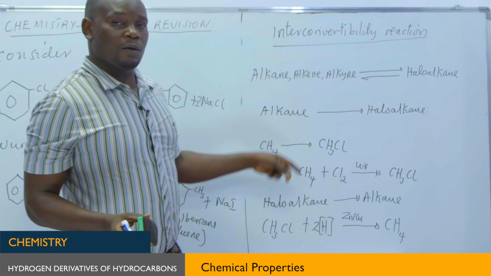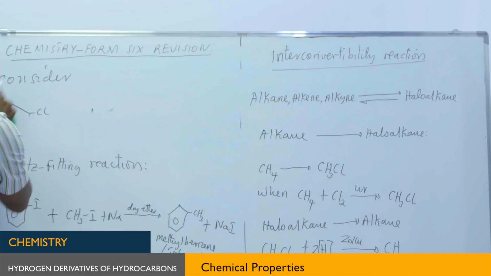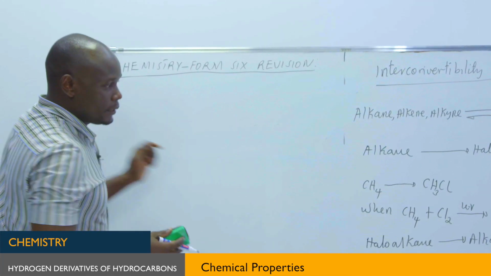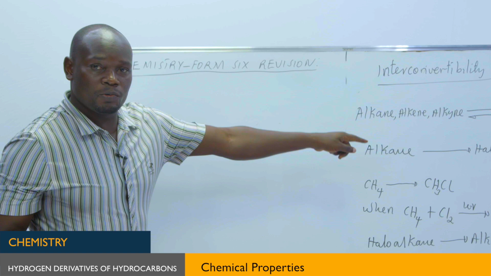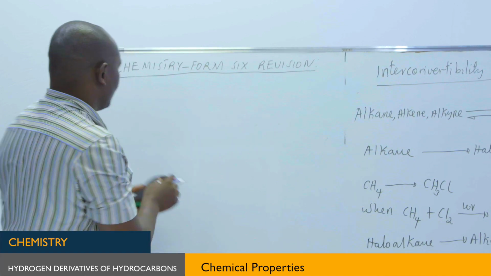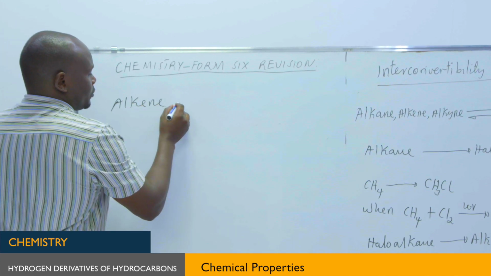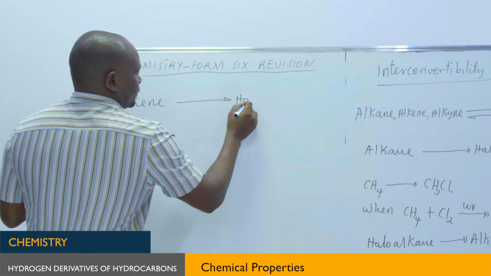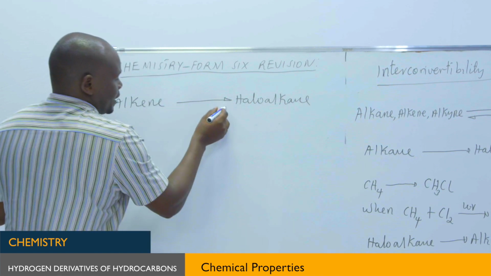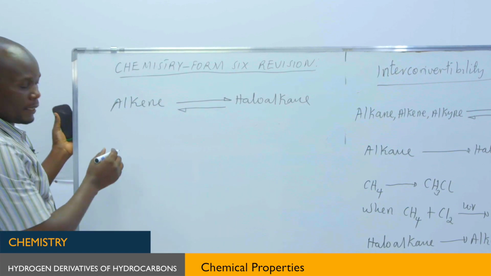So it is interconvertibility. And the second reaction is that you can convert alkene into haloalkane and the haloalkane into alkene. So we have alkene to alkane and the haloalkane to alkene. Taking an example of